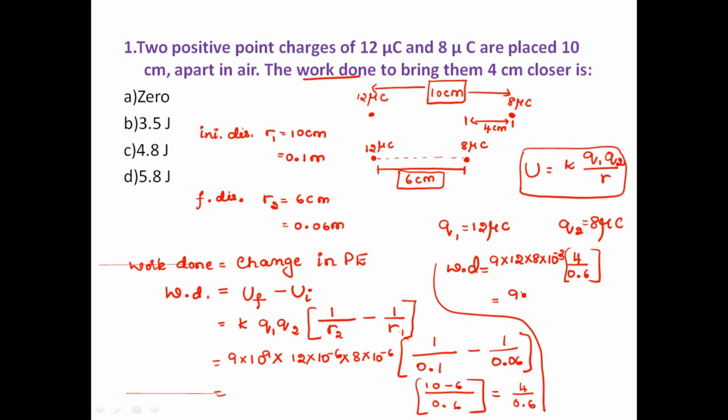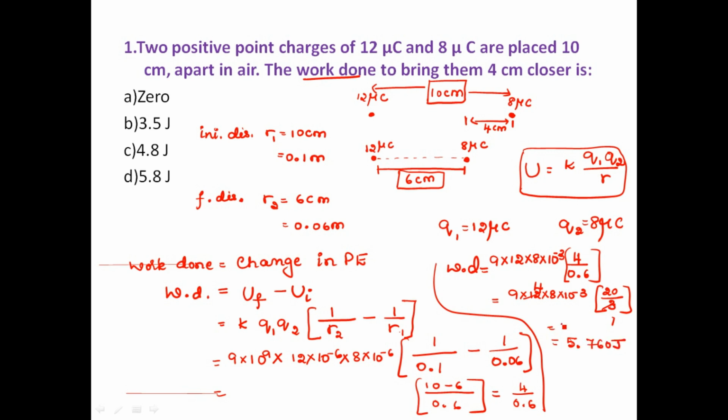We can also write it like this. I'll write the remaining part as it is. We are going to get 20 by 3. That gets cancelled with the 3, and the final answer we are going to get is 5.760